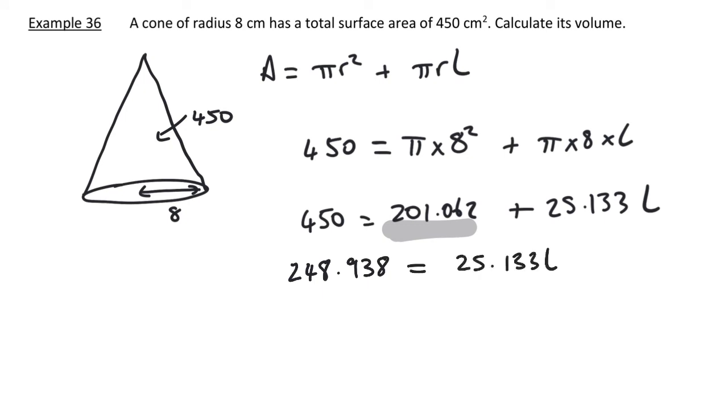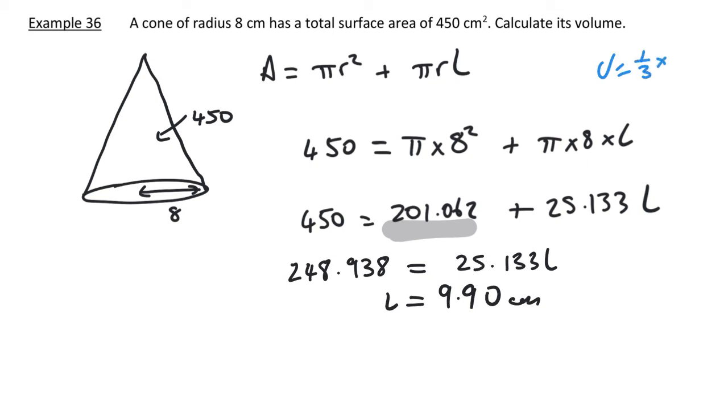So if we divide through by 25.133, we'll get L to equal 9.90 centimetres. Now we're asked for the volume of this cone, and the volume, remember, is